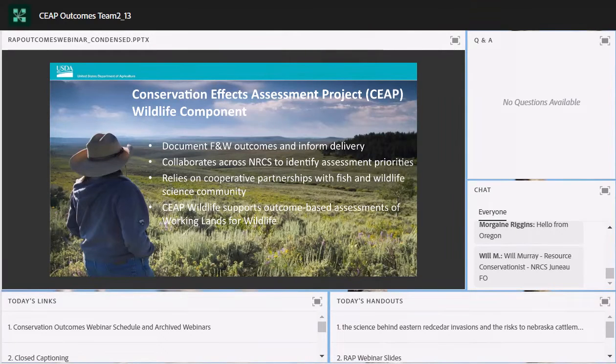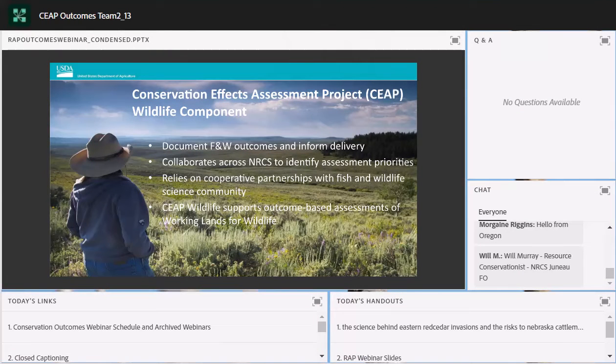One focus area has been documenting outcomes and supporting the science for effective delivery of NRCS's Working Lands for Wildlife effort. In the West, this has revolved around our long-standing partnership with the University of Montana, beginning with a focus on documenting outcomes of the Sage Grouse Initiative. That effort has really evolved to address threats and drivers at the sagebrush biome scale, with recent expansion to addressing natural resource threats in the Great Plains grasslands biome.